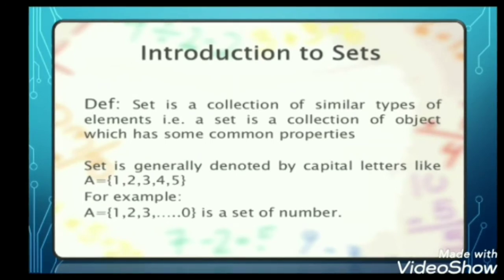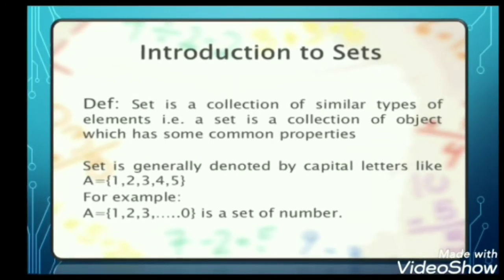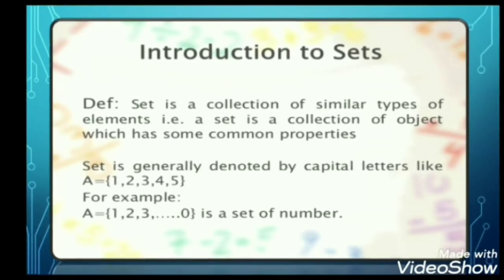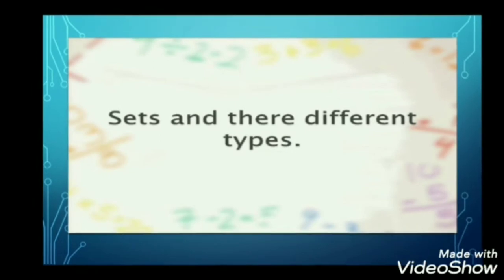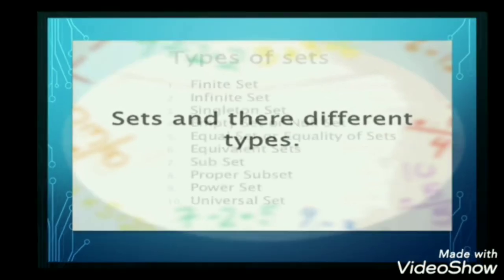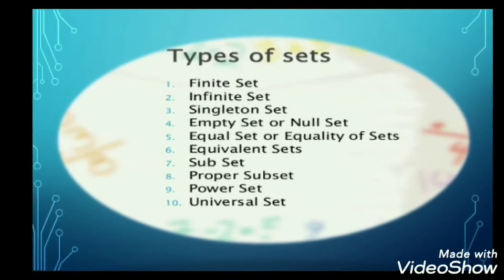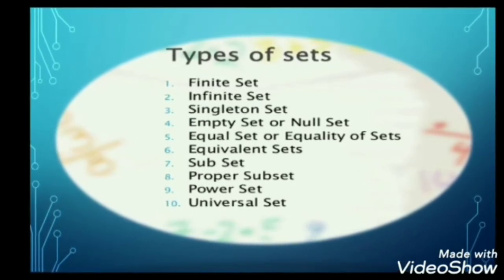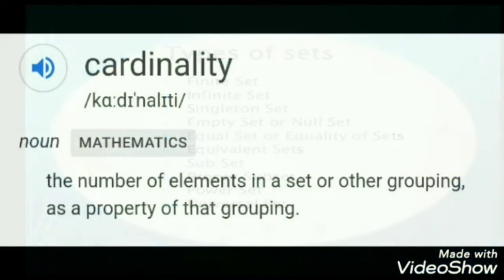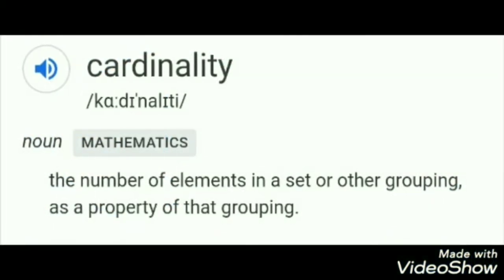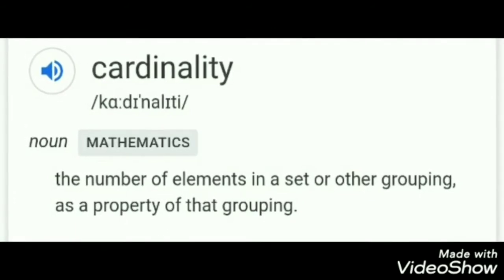There are two methods of displaying a set. One is the set builder method and the second is the roster method. Now we will talk in detail about its subtypes. There is a long list of types of sets, but here we will cover the equivalent sets only. So listen carefully, it will help you ace your exams. I want to discuss a term which has wide use in my presentation. Cardinality is the number of elements possessed by a set. We can also call it the cardinal number of a set.